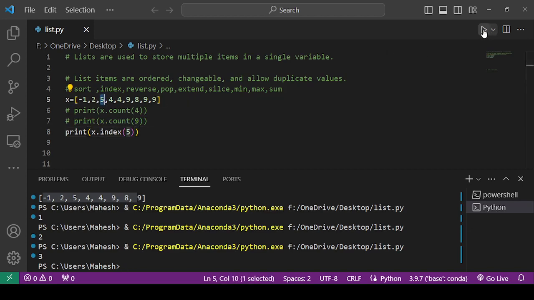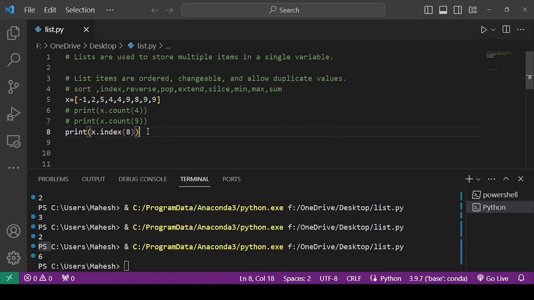I am running this, see, 2 is the answer. Now let's say I'm replacing it with the number 8. 8 is standing at 0, 1, 2, 3, 4, 5, 6. So 6 will be the output. 6 is that index number.